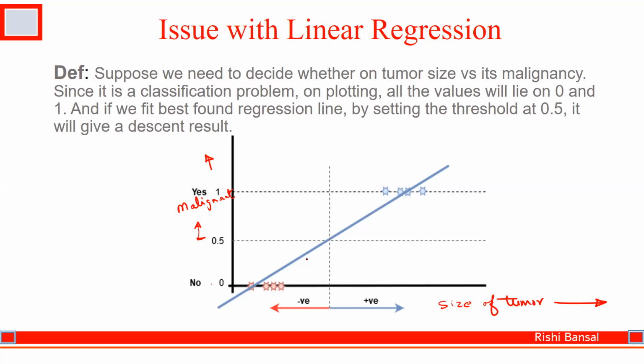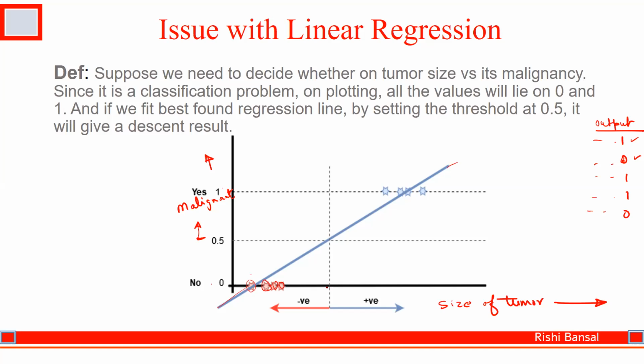So in simple terms, when you see the dataset, the output will be in the form of 1 or 0, like this. 1 means the tumor is dangerous or the person has the disease. 0 means the person does not have the disease. So when you plot it, these points come, and if you apply linear regression, the straight line will come something like this. Everyone agrees to this, first of all?